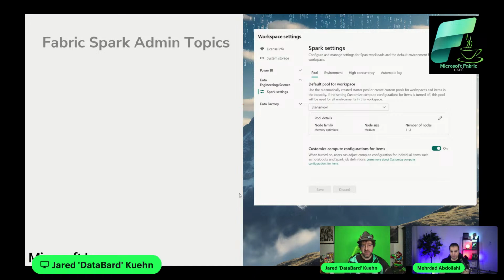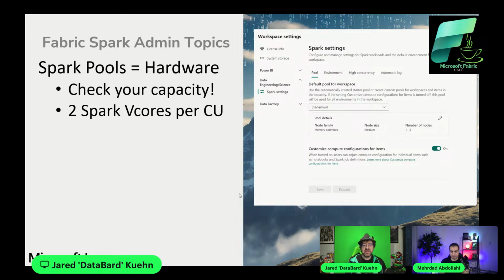But these are some things you should talk about with your Fabric admin. The workspace settings is typically where you're going to be doing the configurations of your Spark environment. You have to look at this as Spark, your clusters are not going to be running 24/7. This is not exactly like a database environment. The intention here is you spin up resources. We're going to call them pools. And you're going to do your functions. Once you're done, that gets unprovisioned. So you need to think about how big of a resource you need when you're working with your data.